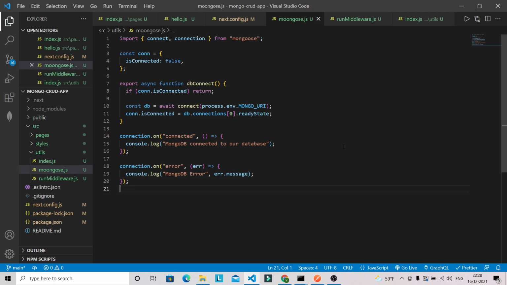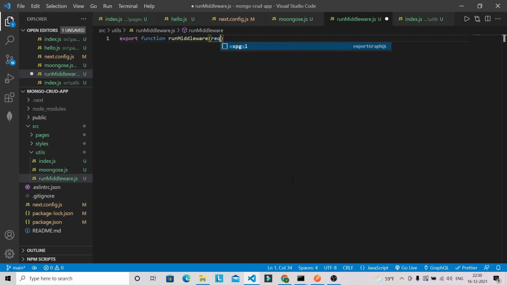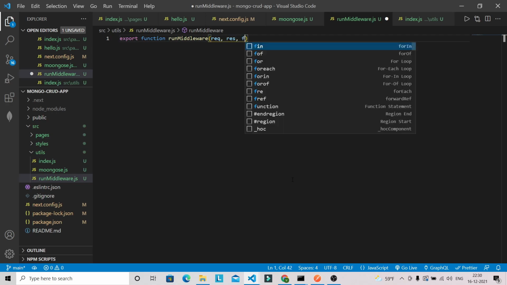Okay, and after that we can write some code in the middleware file. This is a helper method to wait for a middleware to execute before continuing, and it will throw an error whenever an error occurs in a middleware. That's why I'm writing this middleware function. So we can again export a function here, export function runMiddleware, and this will receive request, response and function.